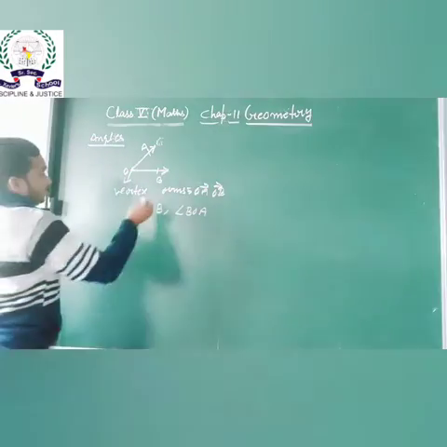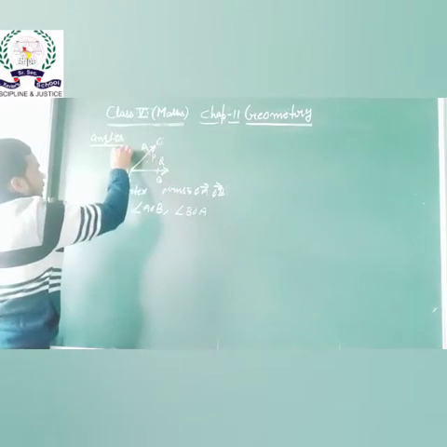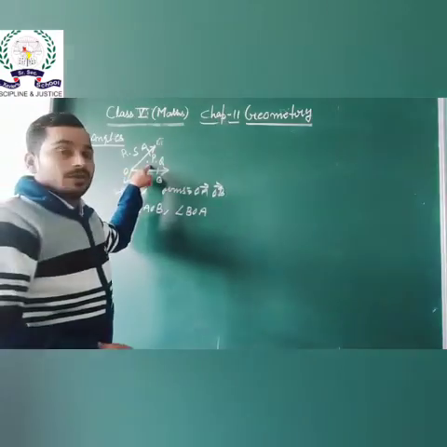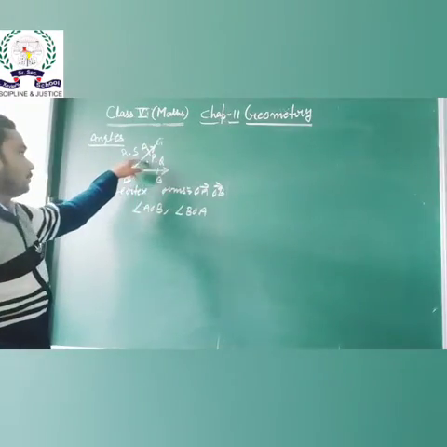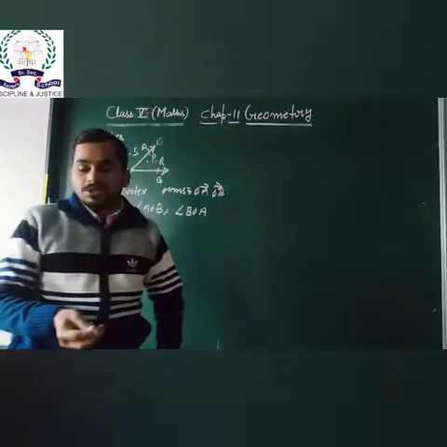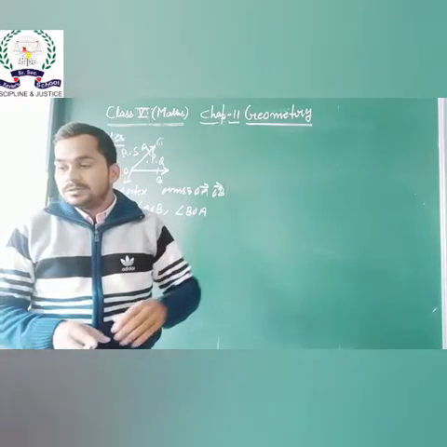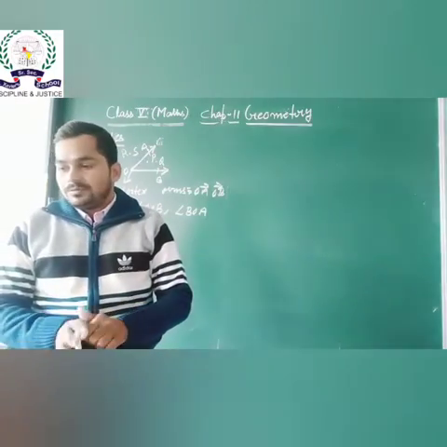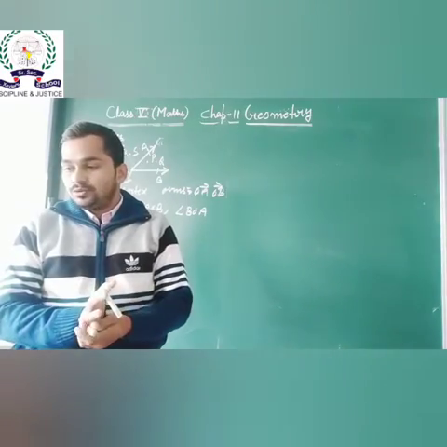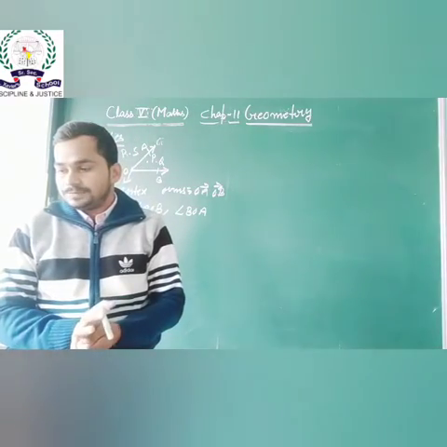Interior and exterior of the angle: the points are P and Q, R and S. P and Q are in the interior region of the angle, and R and S are points in the exterior region of the angle. How can we measure the angle? The unit of measuring the angle is degree. The measurement of an angle is the amount of turn between two rays about the vertex, or the opening between the two rays.